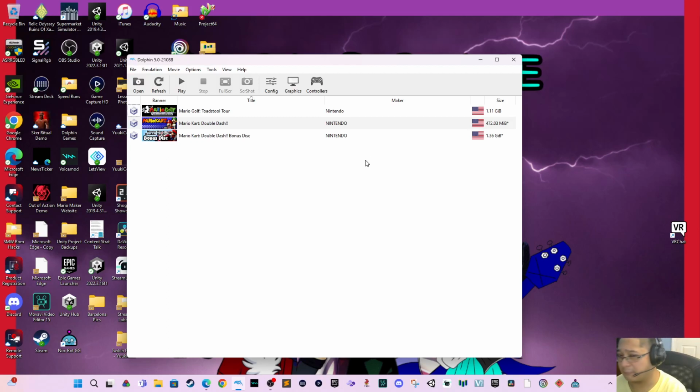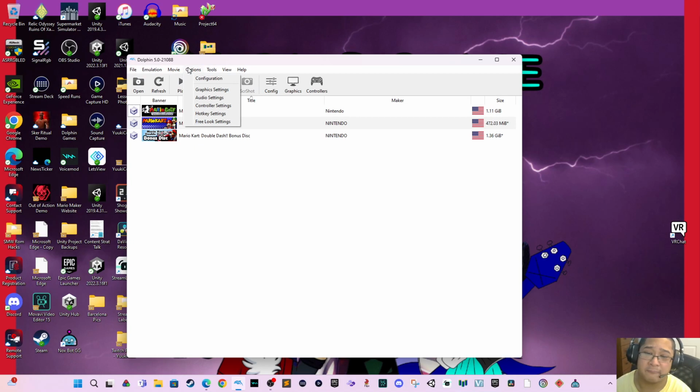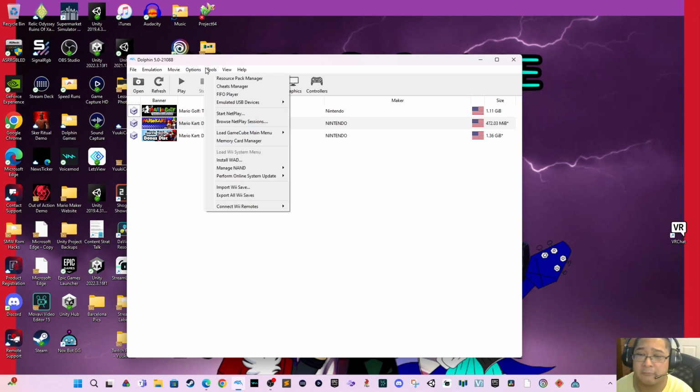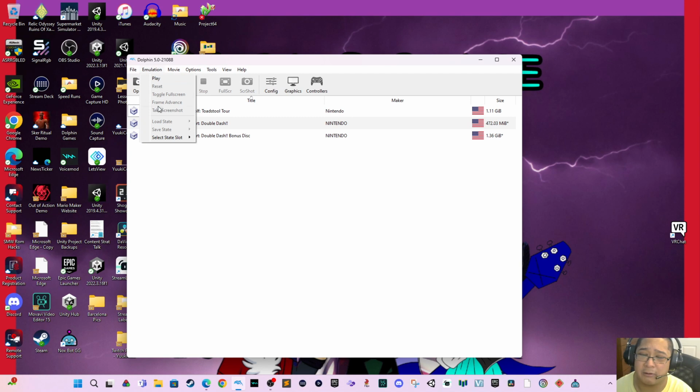Let's talk about the options. You have your file option, you have your emulation option, you have your movie option, you have your configuration, which we will go over in a different episode. We have your tools, we have your view, and we have your help. Below that are a few buttons: open, refresh, play, stop, full screen, screenshot,